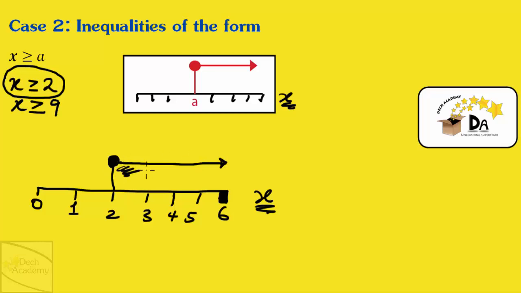So x is basically any number in this region, including 2. So x can be 2, 3, 4, 5, 6. So please note the distinction here. We have a shaded circle. For the inequality, x is greater than or equal to 9,